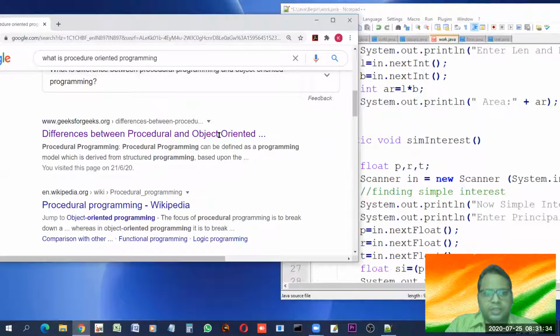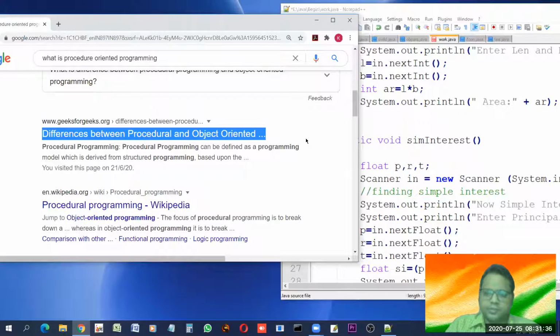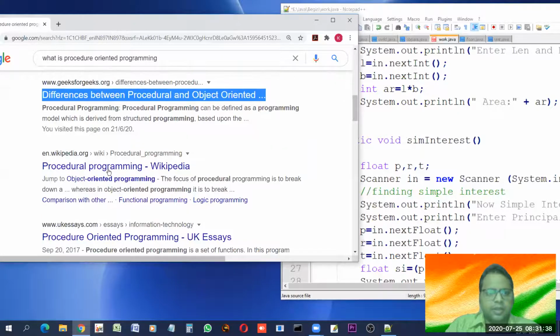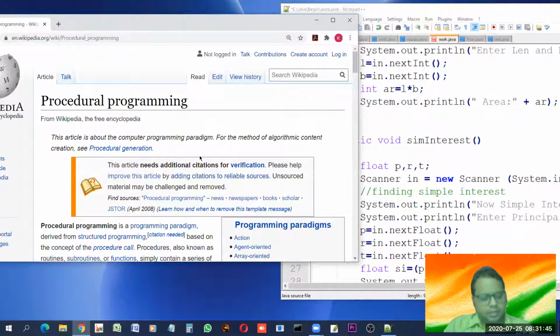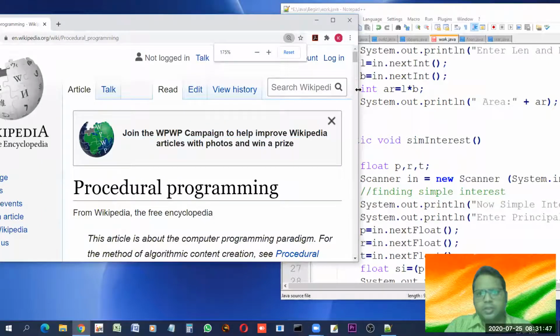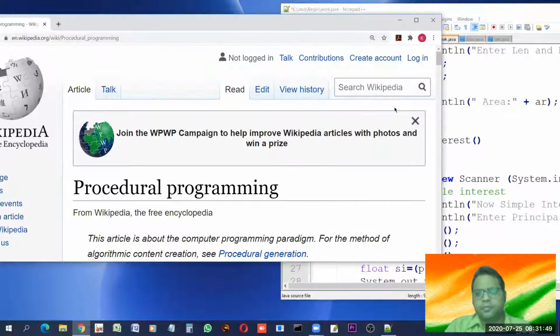We will not see the difference between these two yet because first we need to understand object oriented. Now let us see what Wikipedia says. Dear students, you will be able to understand all these things, all this concept, only if you go from bottom to top.